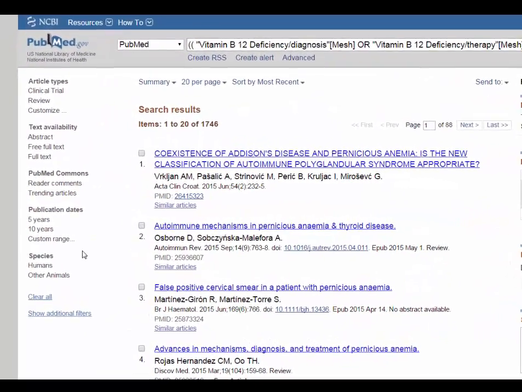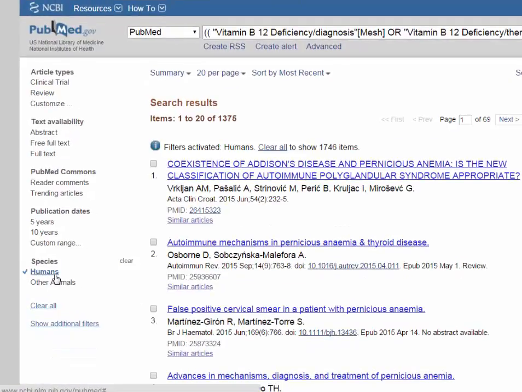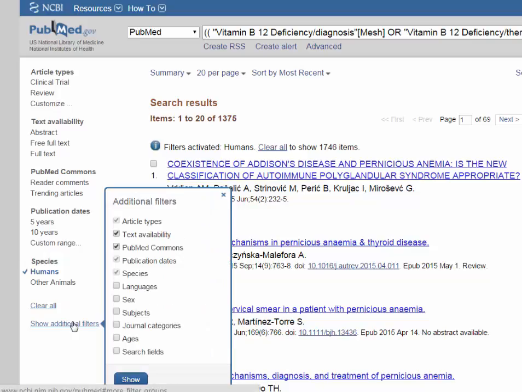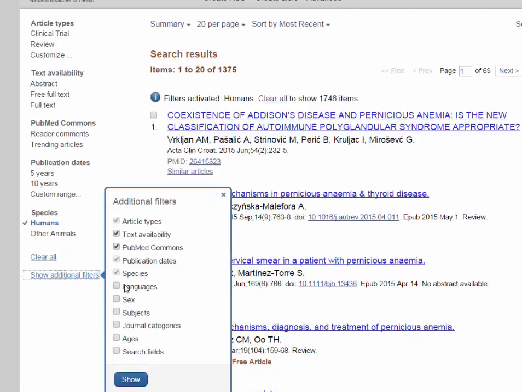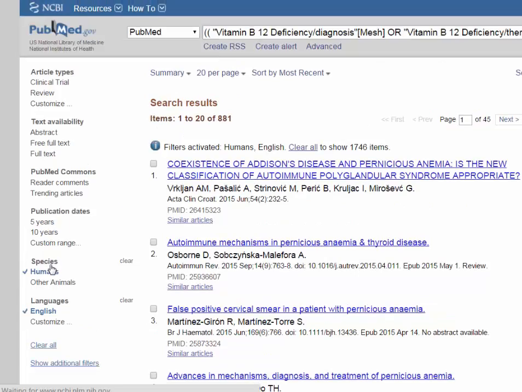First, limit to studies concerning humans. Then, to limit to articles in English, choose Show Additional Filters and click on the box by Languages. Then click on the Show button. Select English. We are selecting reviews to get a feel for what is out there, and the information in reviews